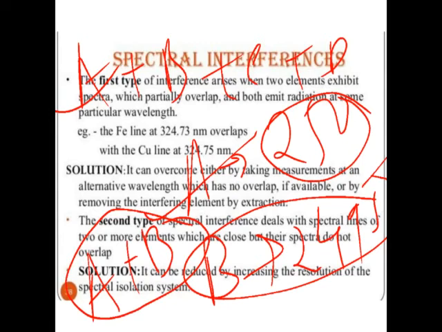Okay, so why does spectral interference occur? When we have to determine one element, and that element's specific wavelength is nearly equal to the specific wavelength of other elements, and we are passing the specific wavelength, both will absorb this wavelength and we are getting the result of A plus some amount of B. So we are not getting the exactly 100% correct result, because B also absorbs some of the given radiation. So that is the spectral interference.